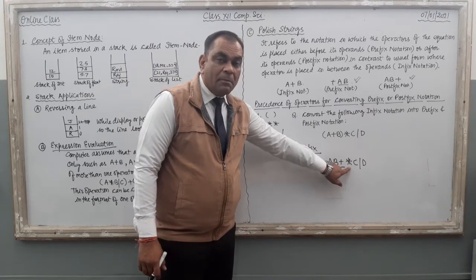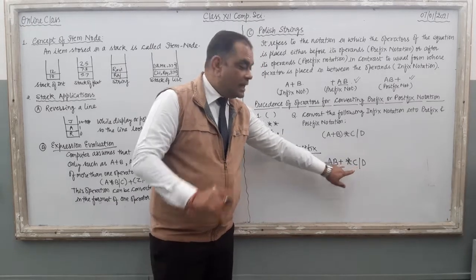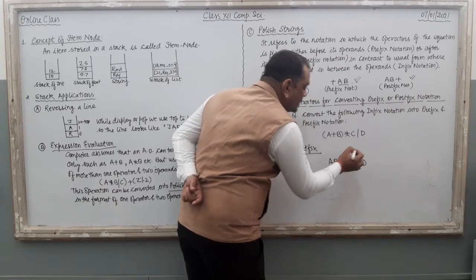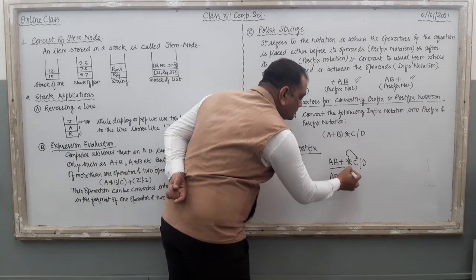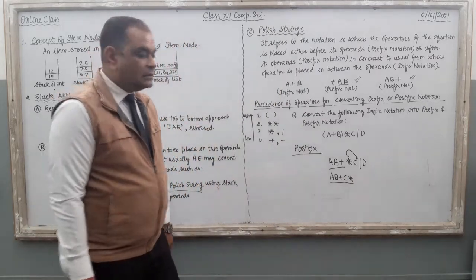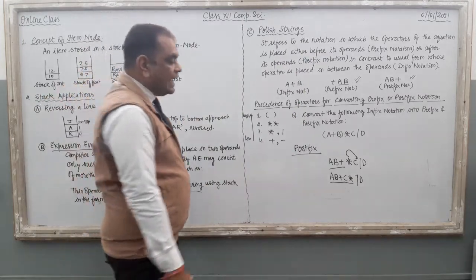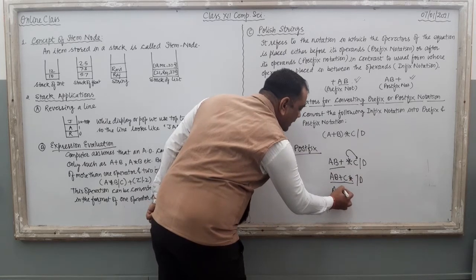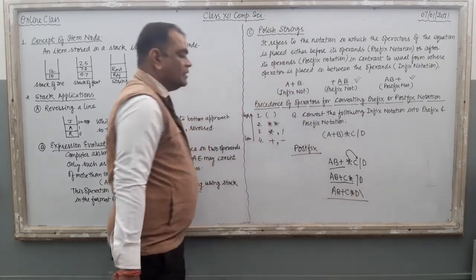You have to put this operator at the last of the object. It means this multiplication should be shifted to just after C. Here it looks like this: AB plus locked. Now C is here and the multiplication symbol is here. Done? Then the remaining part, upon D. Clear? Just take this division symbol and put it at the last, and then the equation is AB plus C multiplied, D, then division. This is the result.